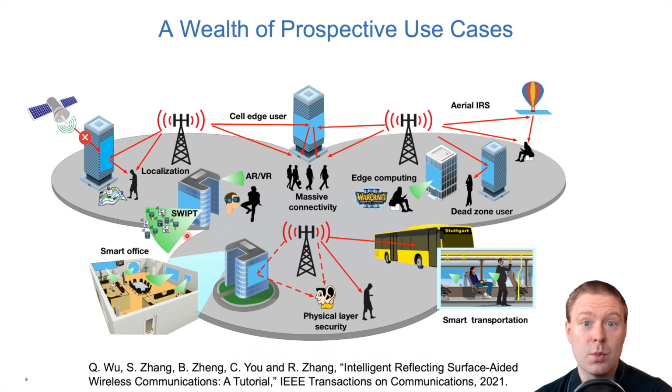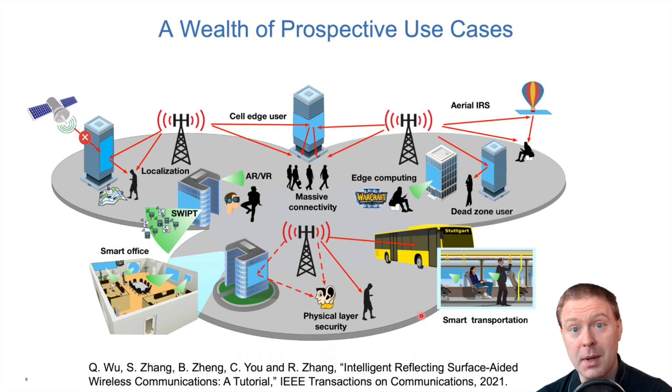You can use the surface to beamform energy and information at the same time, like in simultaneous wireless information and power transfer. You can have smart offices that are providing good coverage everywhere, and physical layer security can be used to, say, transmit to one user and one car here, while at the same time making sure that the signals reflected at certain locations cancel out the signal at undesired locations where an eavesdropper might be. So there is really a variety of different prospective use cases here, and I will not focus particularly on these use cases in the rest of my part,